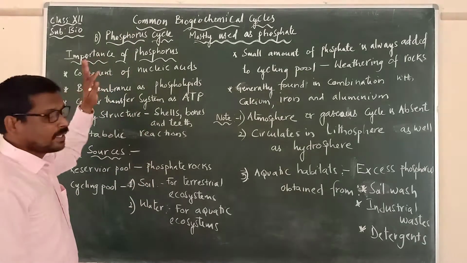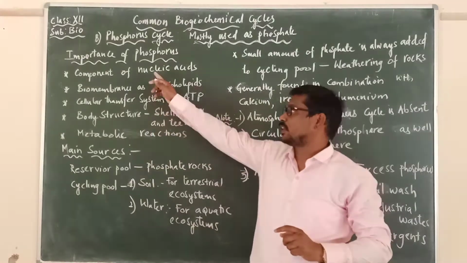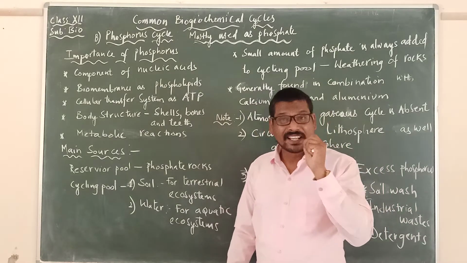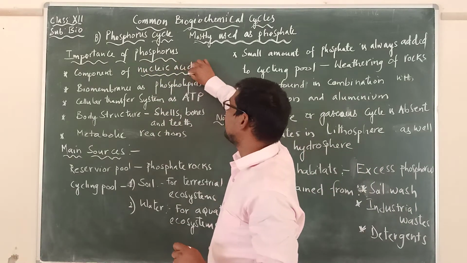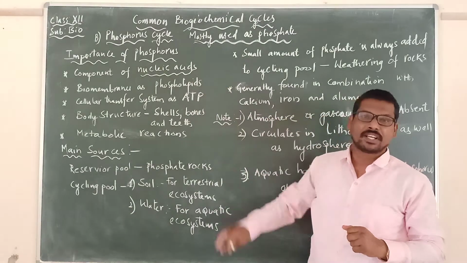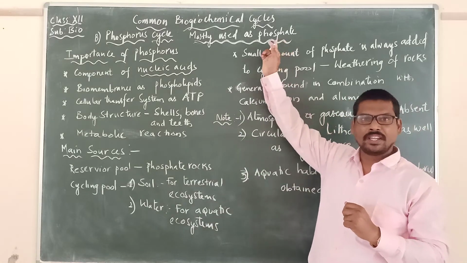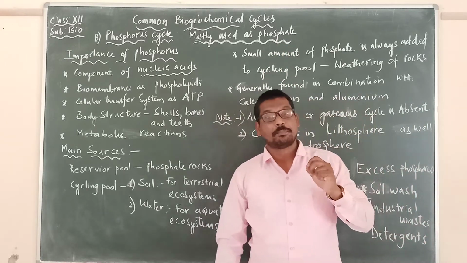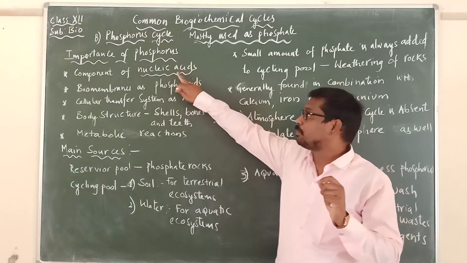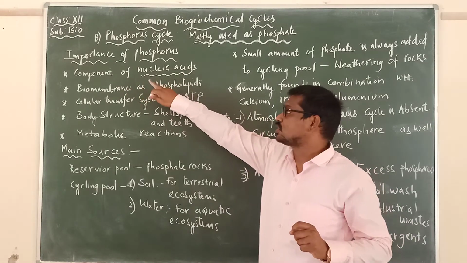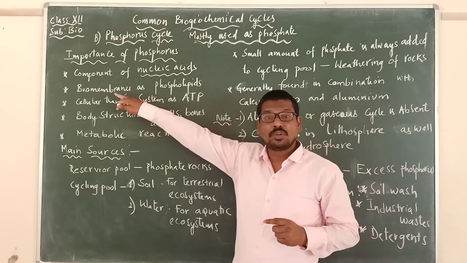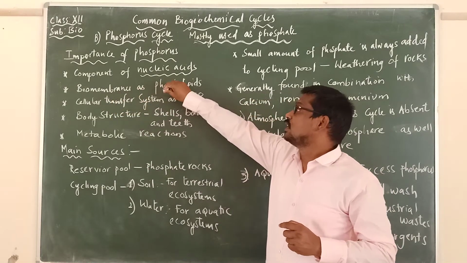Now when we look at the importance of phosphorus, phosphorus is a component of nucleic acids. Phosphorus is a component of nucleic acids, meaning in the DNA, compulsorily what is there? Phosphorus, as we say, phosphate, which is helping in the formation of the backbone of the DNA. That's why we should remember that phosphorus is the most important component of nucleic acids, and